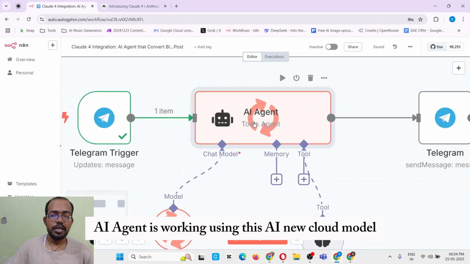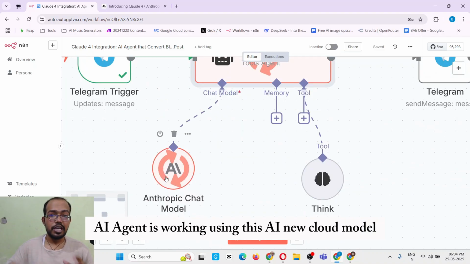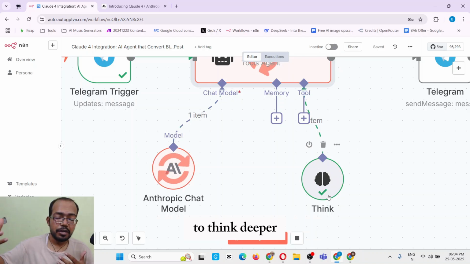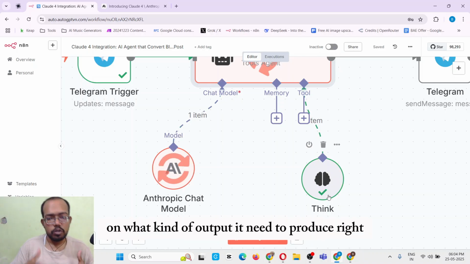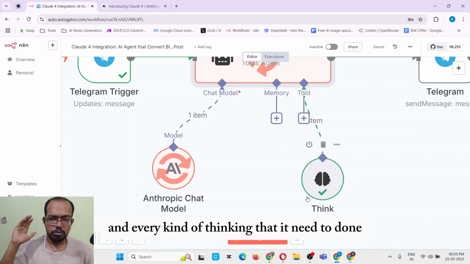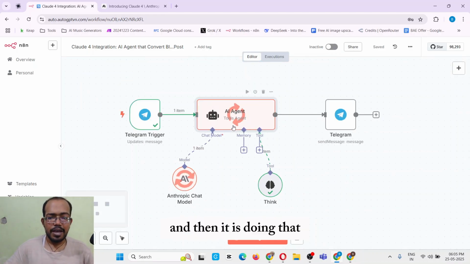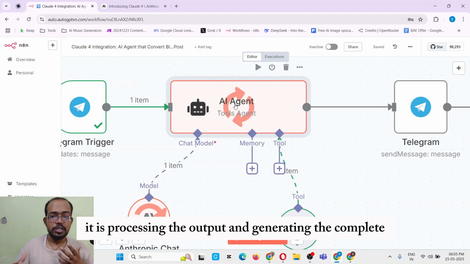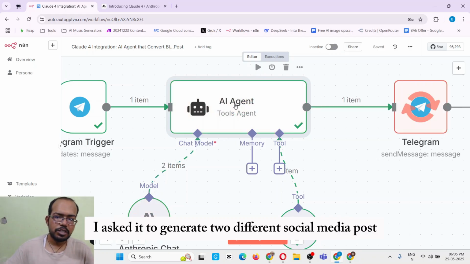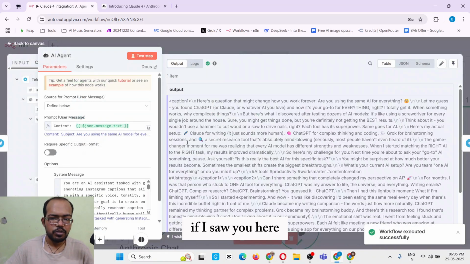The AI agent is now working using this new Claude model, plus a tool to help it think deeper about what kind of output it needs to produce, whether it is good or not, and every kind of thinking it needs to do. It is processing the output and generating the complete social media content for me. I asked it to generate two different social media posts. If I show you here,